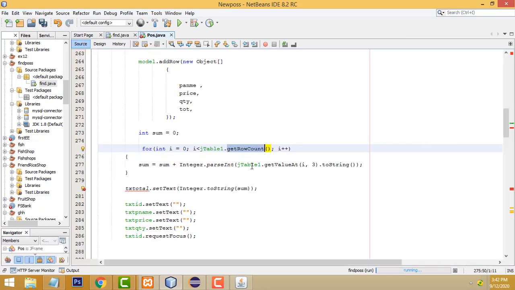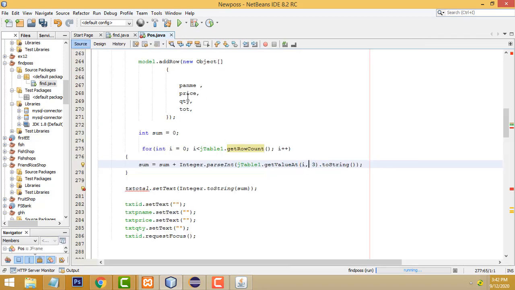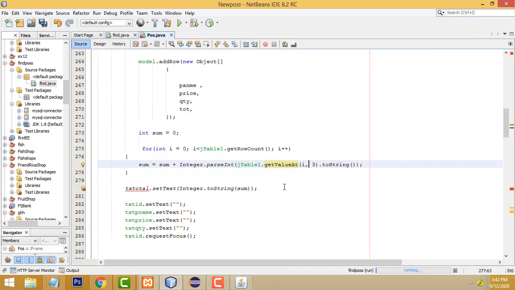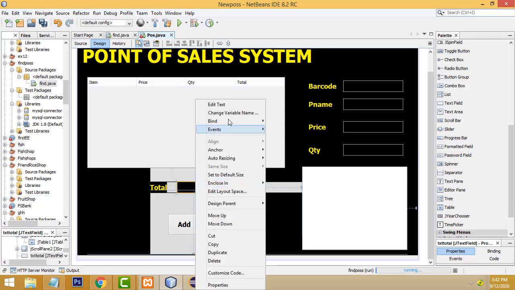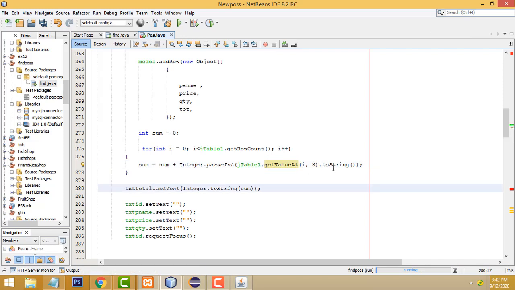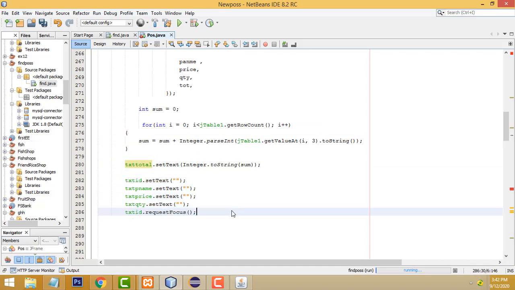So after that, we have to calculate the final total. We have to calculate this total. So we have to write, what is the column? It's starting from this one, which should be position 0, then 1, 2, 3. The JTable starts positions like an array: 0, 1, 2, 3. The third position will be calculated. So we have to write 3. JTable get value at 3. It will calculate it. Here we have to put this one as txt total. You just Ctrl+C copy. You have to put the text box name over here, right? It calculates and displays.